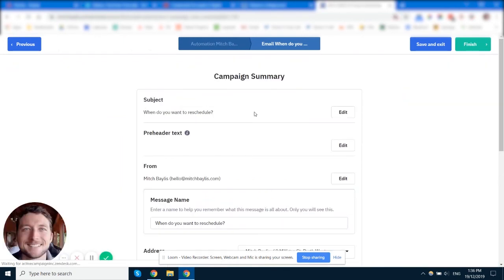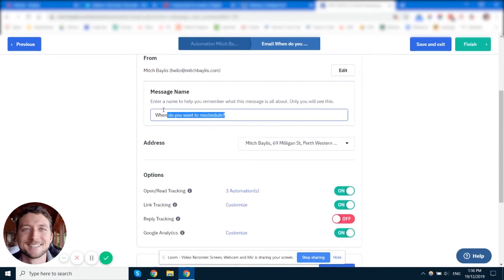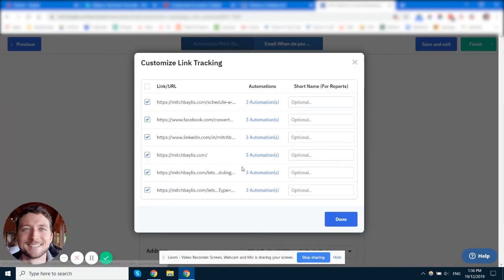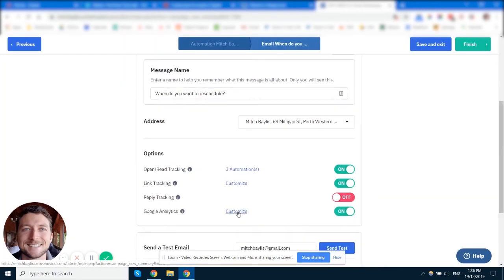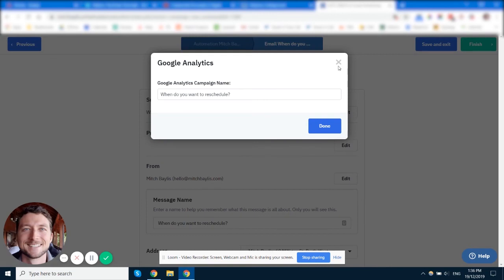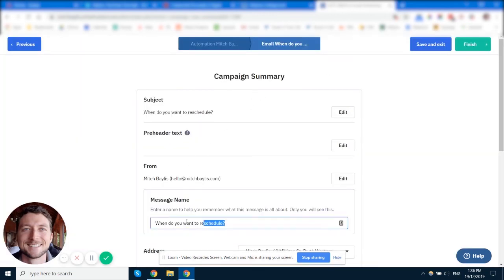You can see the subject line here. If you click on that, that will take you back and you can edit it there. And then we've got the message name. Now you can change the message name to whatever you like, because you're the only one that's going to see it. Generally, I would put email 1 and then whatever the purpose of the email is, or the subject line as well will work. Then you will want to update either your link tracking. If you want to change that, you could change that. But the main one here is that you want to update your Google Analytics so that it matches your message name